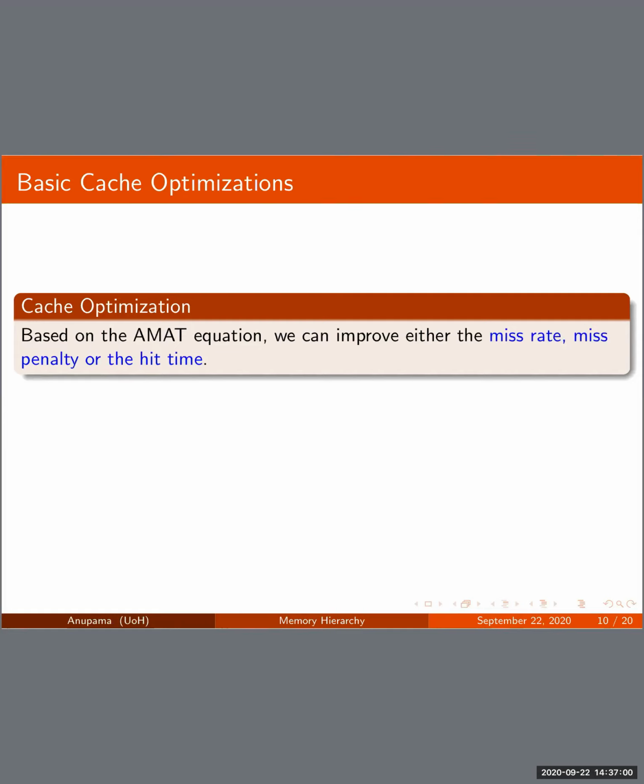So when we look at the average memory access time equation, which I did in the previous session, average memory access time is basically equal to hit time plus miss rate times miss penalty, right? So if there are 3 terms in that equation, you can come up with optimizations which target each of those 3 terms. So you can either reduce the miss rate, you can reduce the miss penalty, or you can reduce the hit time. And that's basically,